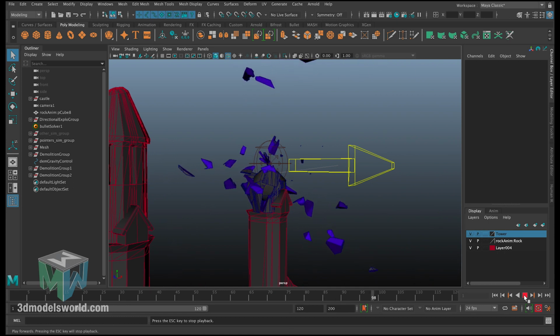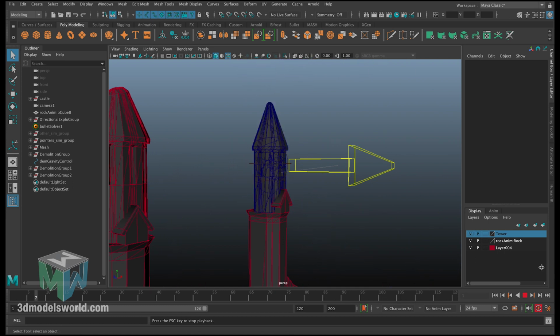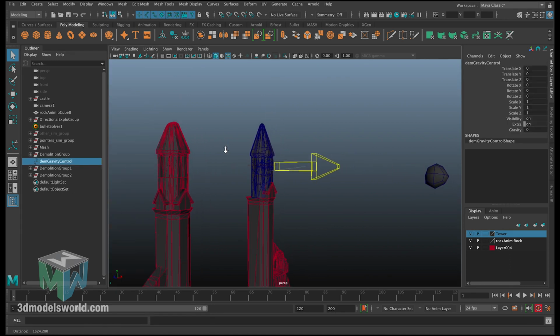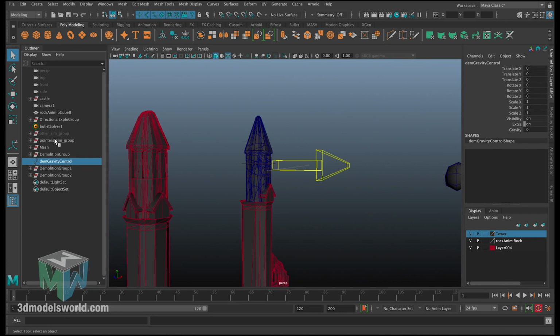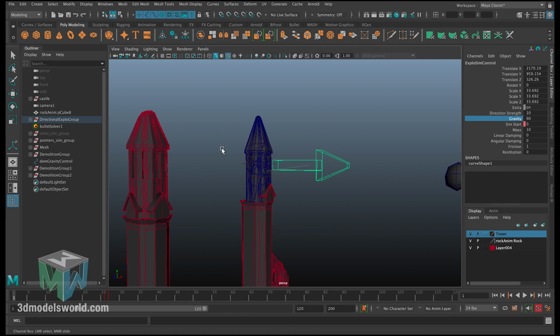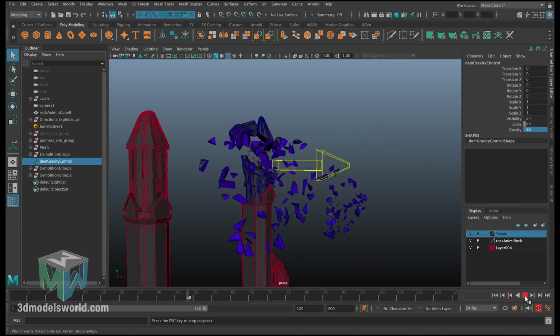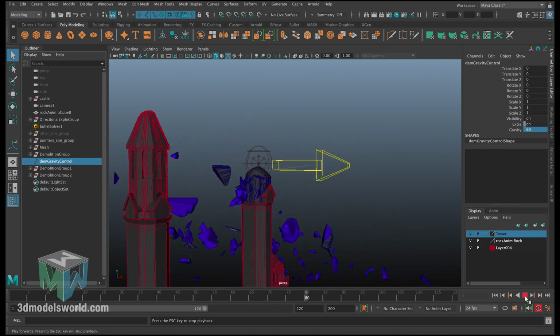Okay, so one thing we forgot, you can see how everything looks like it's in space. We forgot to animate the gravity, to have weight for the gravity. So this gravity affects the demolition groups. We added the gravity for the explosion. We made it 60, so we want to change the demolition gravity also to be similar. So everything is consistent, we changed that to 60. So now when we press play, it should be more consistent. You can see now